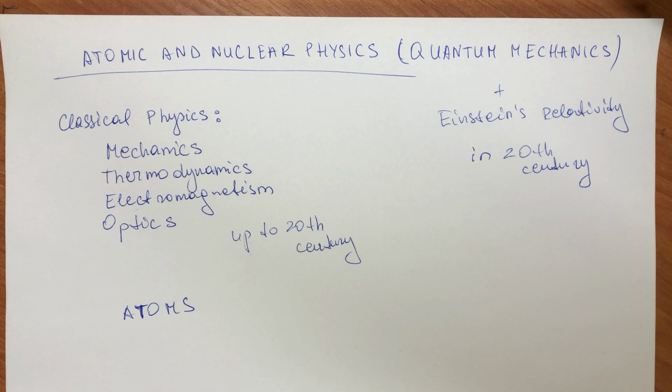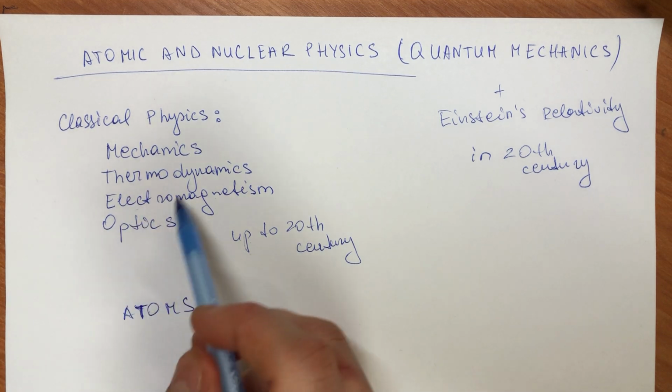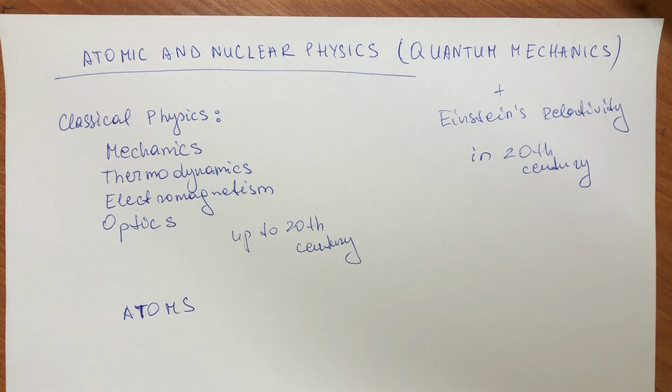So they tried to explain this using classical physics, and principles of classical physics were unable to explain the structure of the atom, and the main reason is that